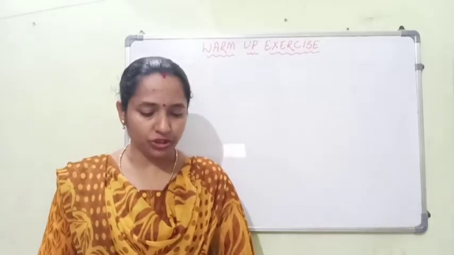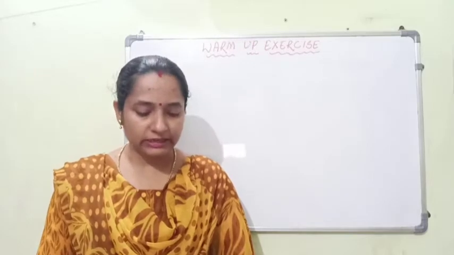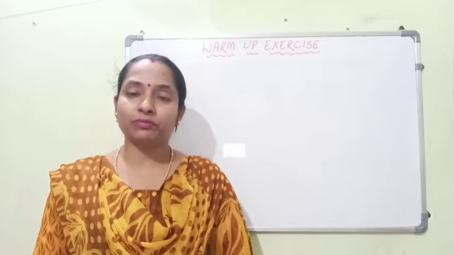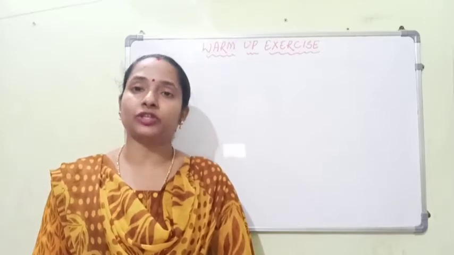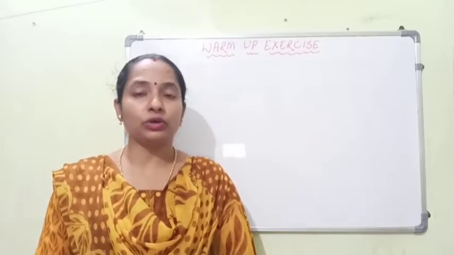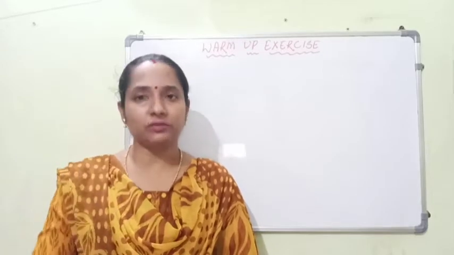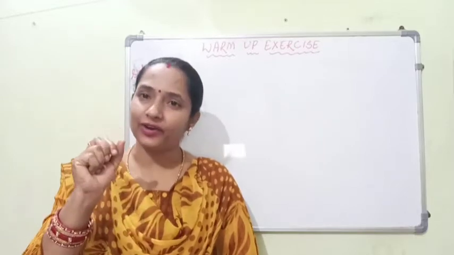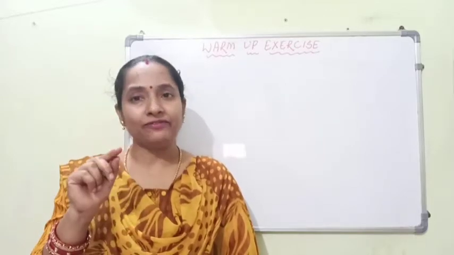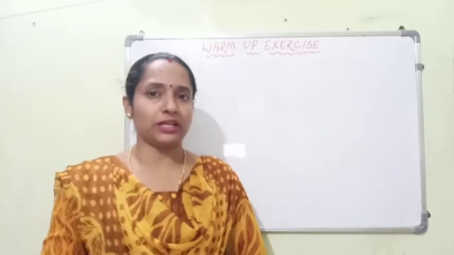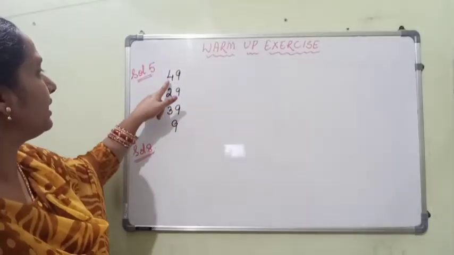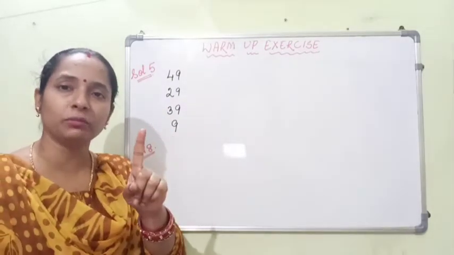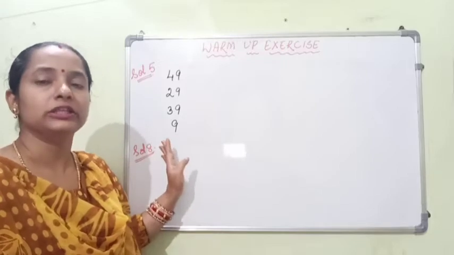So here I am going to question number 5 first. Find all the numbers that have 9 in the units place and then write the factors of those numbers. There are a few numbers given inside some shapes in your book. Now you have to go through all those numbers and find out which numbers have 9 in the units place. So here I have found the numbers. The numbers are 49, 29, 39 and 9. As 9 itself is a one digit number and it is in the units place, we have to take 9 also.